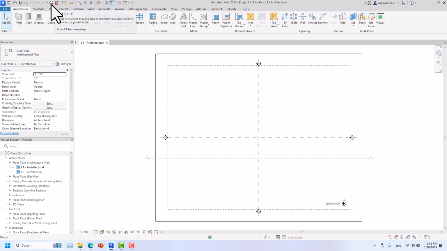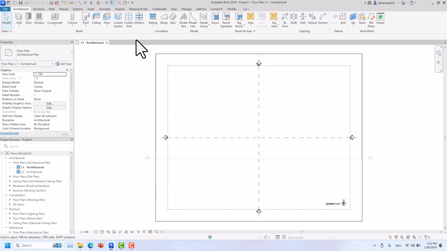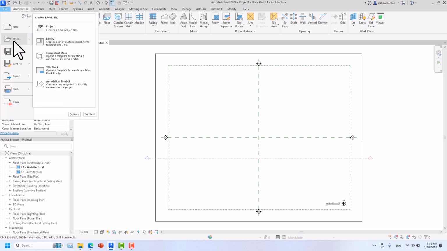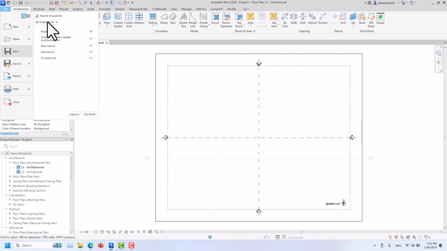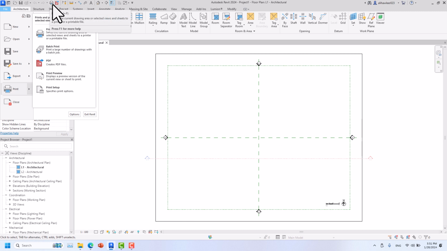The difference is this one you can print to PDF with your program, but this one you can just convert to PDF. This one will be high quality. Actually, this one is a little bit less quality. Where you can find this, it's the same here. You see, new, we have open, save, save as. There's no save as here. Okay, you can export it to what? PDF. Yeah, we have PDF. You can print it. Yeah, we have print. You see,